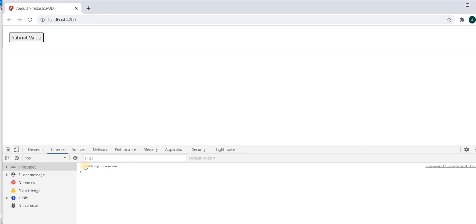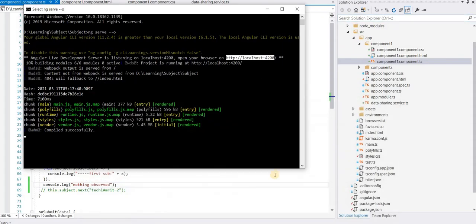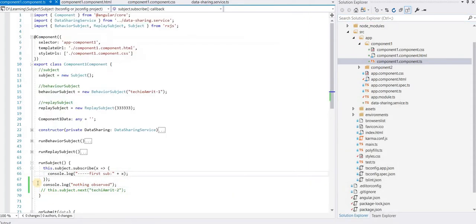So let's change the code a bit. What will be the output now? Initially nothing is observed, then it will give us the value Techie Amrit. The n number of times we hit it, it keeps giving us the previously emitted value, right?